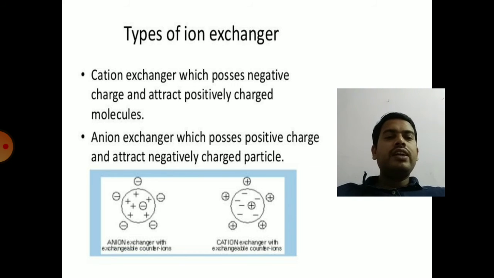Proteins, if they contain more acidic amino acids, contain negative charge. If they contain more positively charged amino acids, they contain positive charge. So the entire charge of the protein depends upon the composition of the amino acids in the protein. If the protein is more positively charged, then you use a cationic exchanger, which is a negatively charged exchanger. If the protein has negative charge, then you use an anionic exchanger, which has positive charge. So the column here will be packed with either a cationic exchanger or an anionic exchanger.